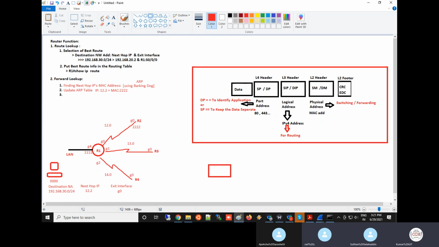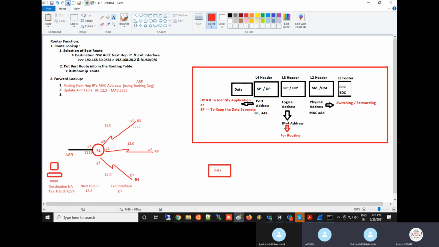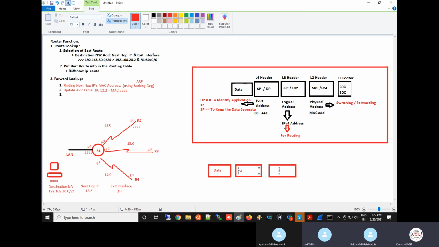For example, this is my data, this is my source IP and destination IP. In the whole packet routing process, the source IP and destination IP never change. Whatever the source IP and destination IP are, they will stay the same.